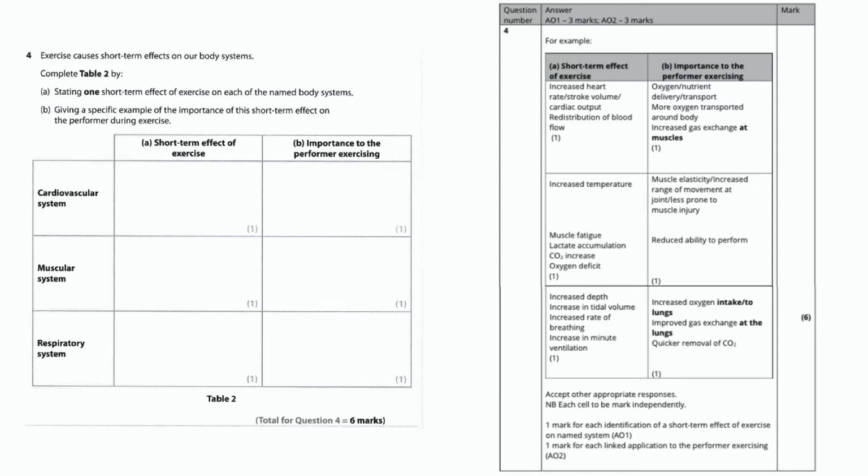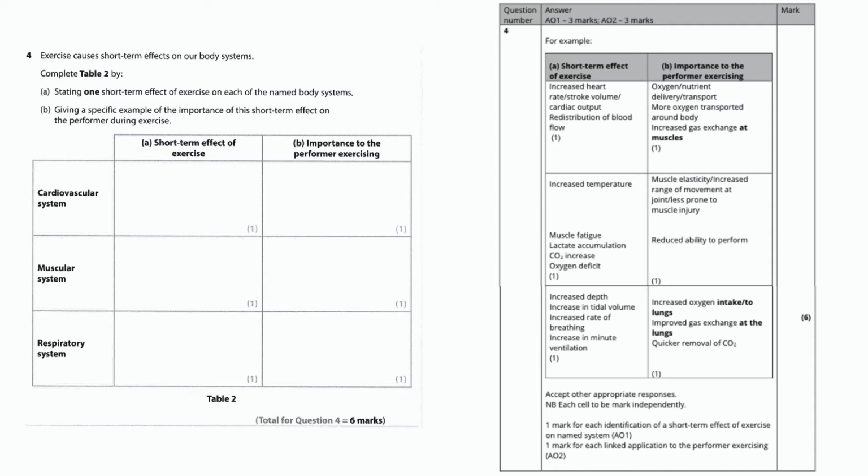The muscular system, short-term effect of exercise, we could say that there is an increased oxygen debt. The importance of the performer exercising, we need to relate this to anaerobic exercise in order to make it important for that performer. So we could say the lack of oxygen present allows anaerobic respiration to be used in order to create energy. The final one, respiratory system, we could say, for example, that there is an increased breathing rate